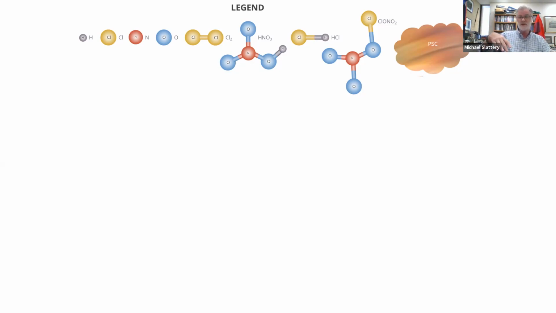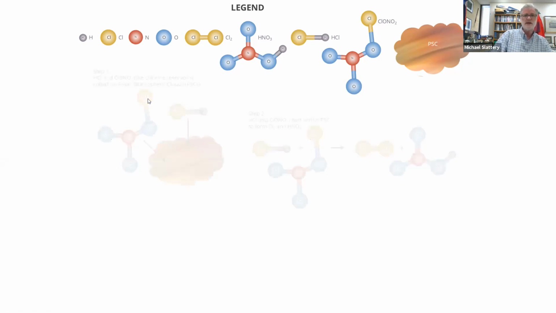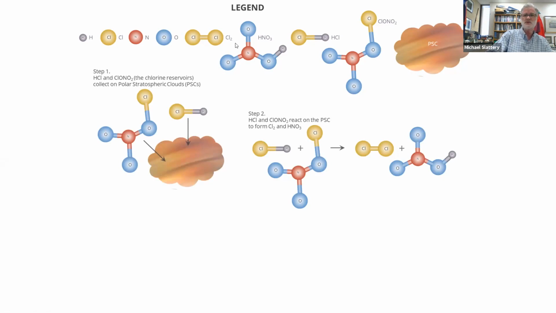The sun goes down, the temperature gets cold, the temperature goes below -78, and the polar stratospheric clouds form, okay? That's step number one, right? Step number one is the pole, and just focus on step one on the left-hand side here. Step number one is the polar stratospheric cloud forms when the sun disappears and the temperature drops below -78 degrees Celsius, okay? Step number one.